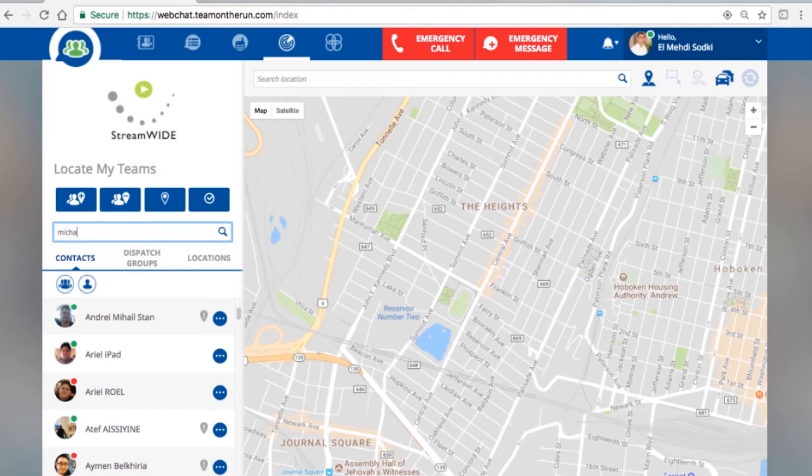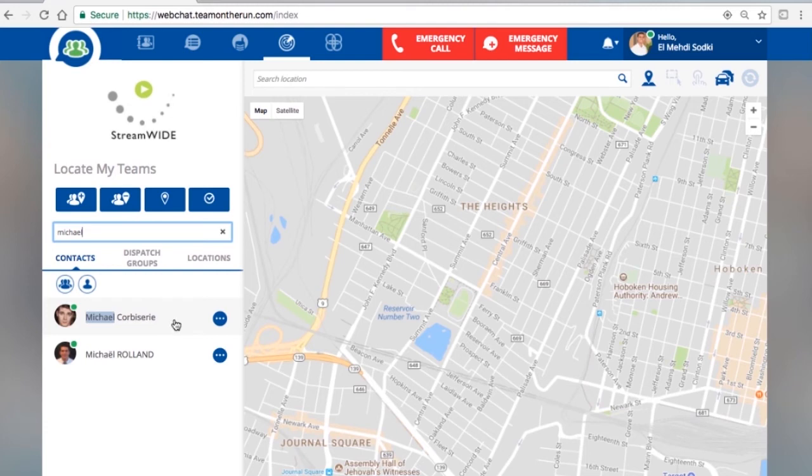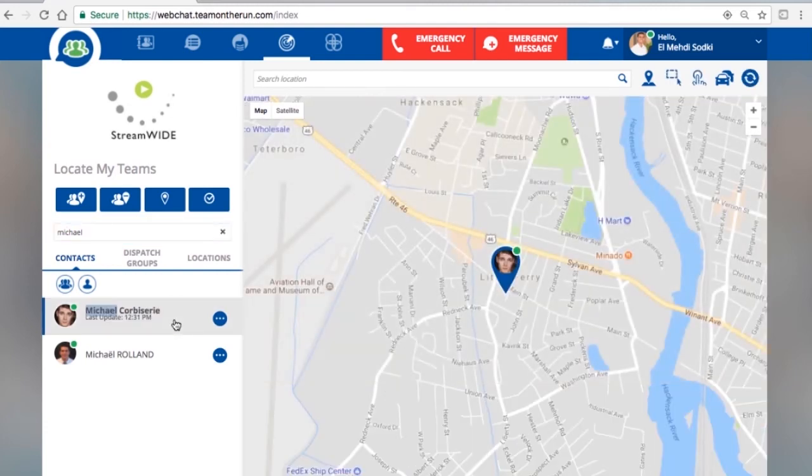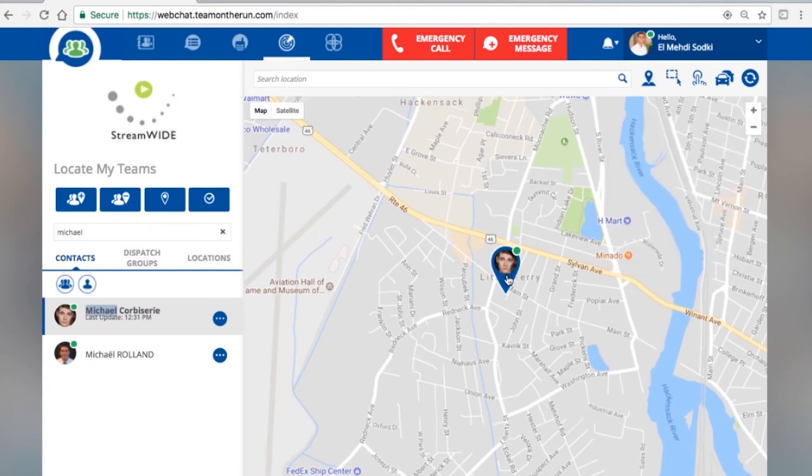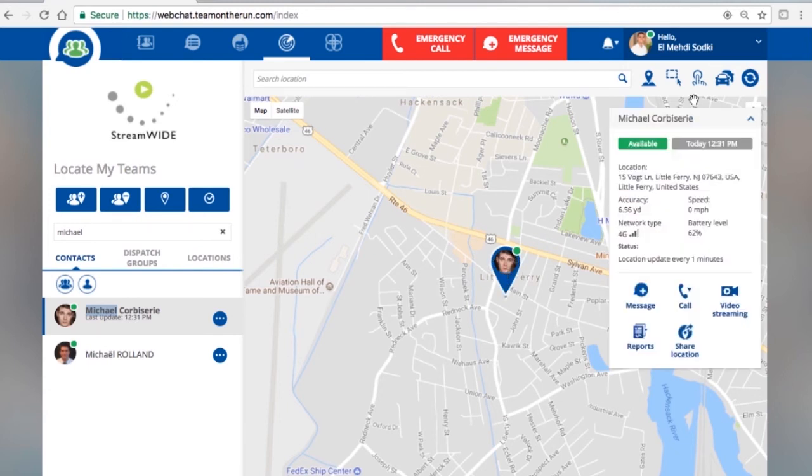To look up Michael, who is the driver, and where his location is, simply click over his name and you will see an icon appear on the center of the map. You may then click on the icon and a pop-up will be displayed showing availability, the last updated time of the location, the current address of where Michael's whereabouts are, the accuracy around the area,